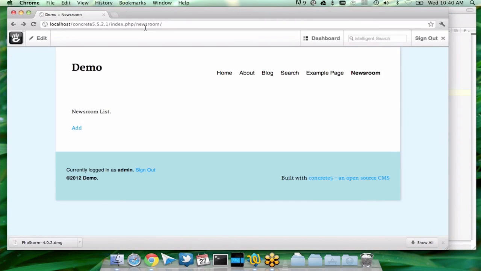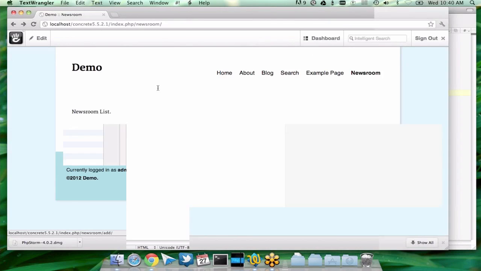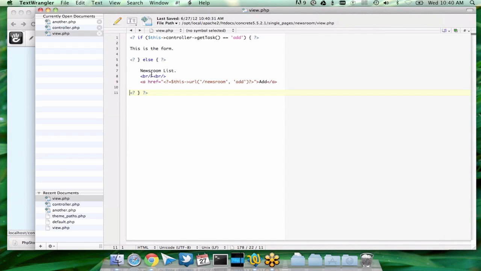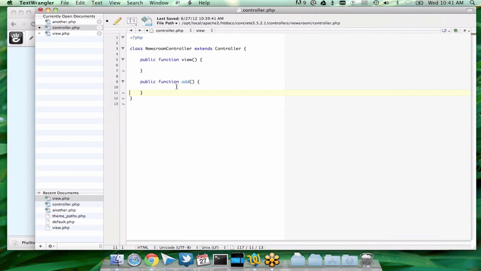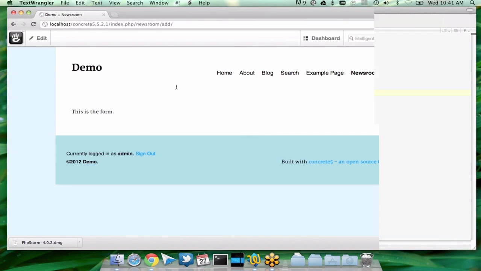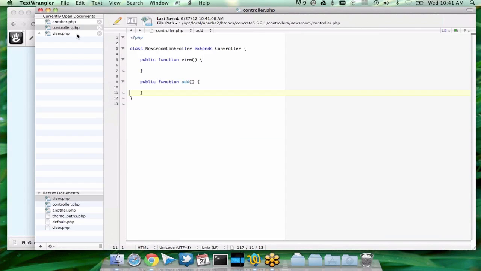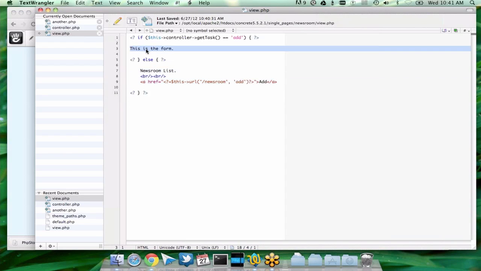So now we've got something new happening, and I'll explain it. If we come to /newsroom, we run the view method, and there's no controller method running other than view, we get this portion of our single page. If we click this, we run the add controller, which doesn't do anything behind the scenes yet except exist because it has to. And then here we get inside this if statement. This is the form. And now we can